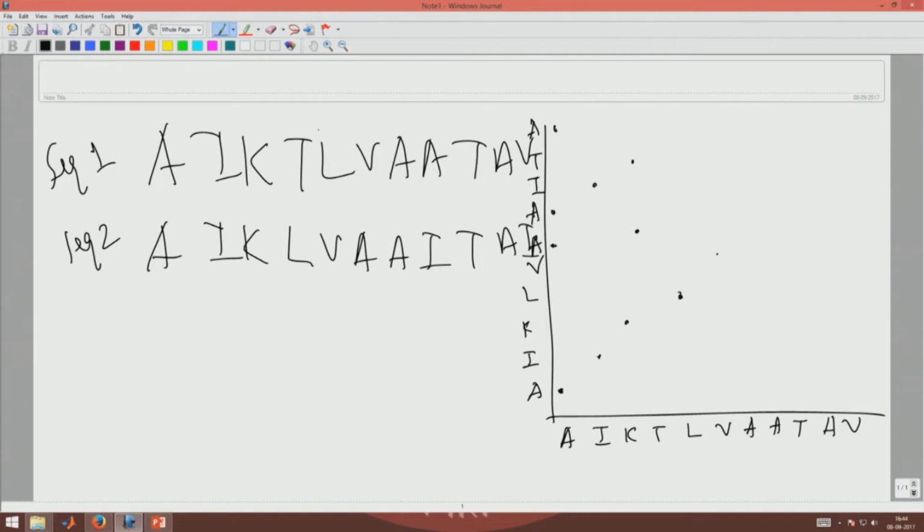V is here, here. Then A again here, there is one A here, another A here, another A here, right. Then this A the same here, here, here, here, then T here, this A here, here, here, here, then V, one V is here,